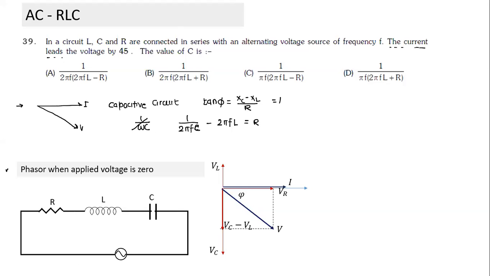By how much angle do I need to rotate the phasor? Suppose the question was, how would the phasor look if the applied voltage is 0? Can you all visualize it? By what angle does the whole thing have to rotate? Always think of the phasor as rotating in the anti-clockwise sense. If this is the phasor at time t equal to 0, and the time period is T.